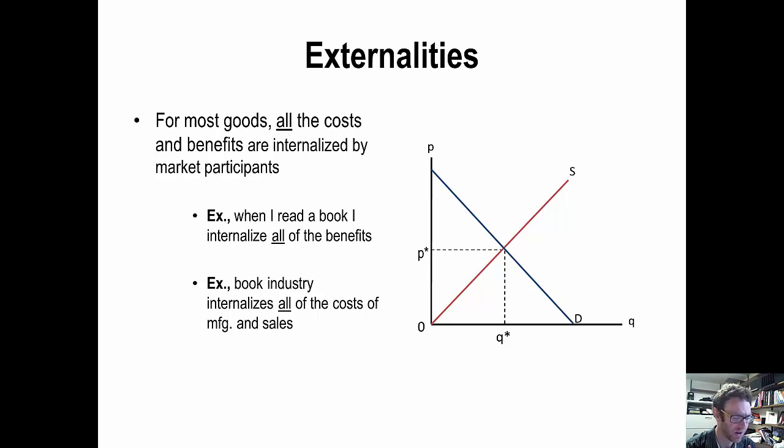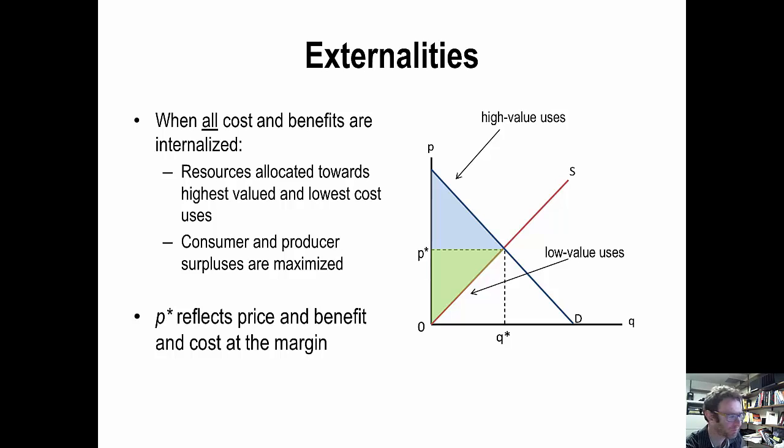So, think about some sort of very, very innocuous commodity, such as a book. Now, when supply curves and demand curves measure the full costs and benefits of a transaction, we get the very, very traditional market outcome where supply and demand intersect at some sort of equilibrium price and quantity, and consumer surplus and producer surplus are maximized, meaning there's no real deadweight loss in the economy. And resources are allocated in a way that the highest value uses and the lowest cost uses of resources also prevail. So we get something that looks kind of like this,